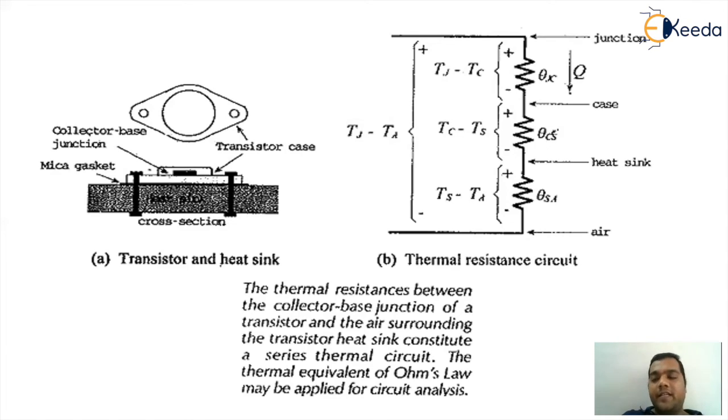In the absence of the heat sink, the power dissipated will go from the junction to the case and case to air. But in the presence of the heat sink, the power will go from junction to case, case to heat sink, and heat sink to air. Overall, we are discussing the power dissipation from the junction to air, where theta SA will be present if we consider with heat sink, and theta SA will be absent when we consider without heat sink. So this is the basic background of heat sink in power amplifiers.